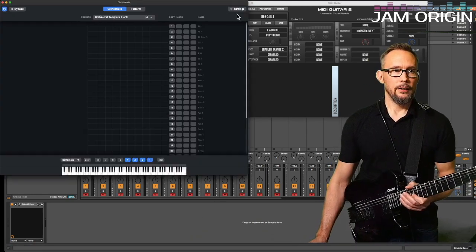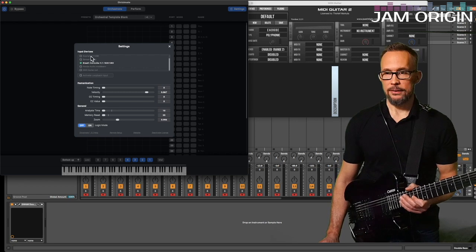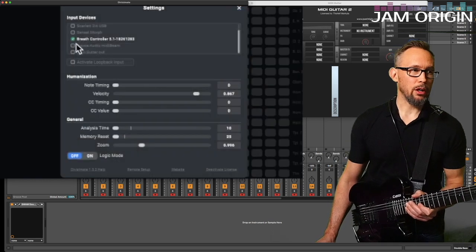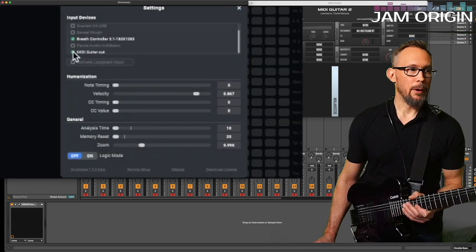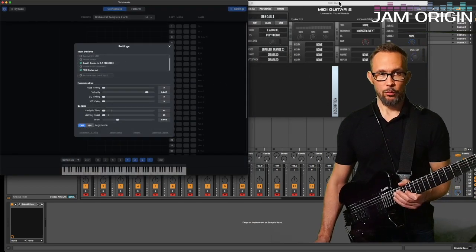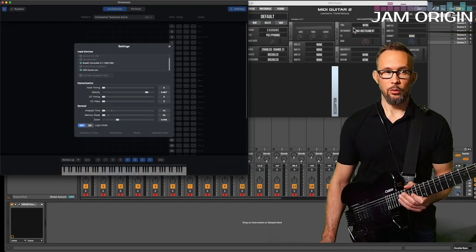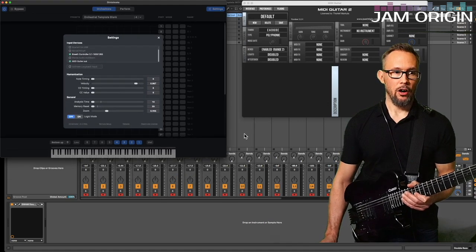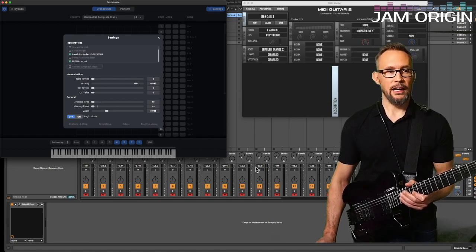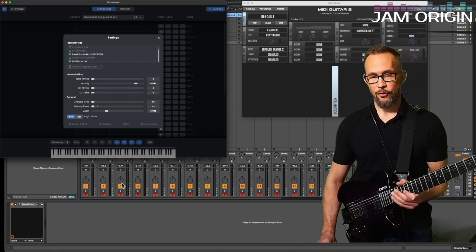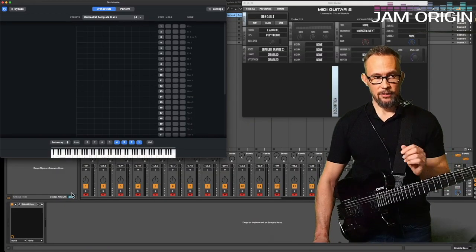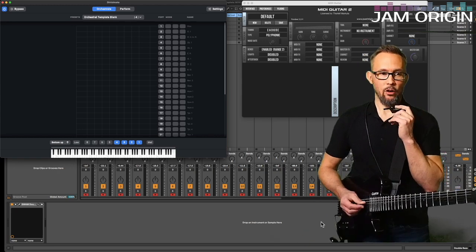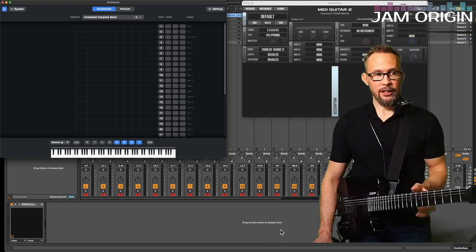It should ask for input devices. But I'm going into settings to input devices, and I'm choosing a breath controller, and I'm choosing my MIDI guitar out. That would be the MIDI guitar out from the standalone version of my MIDI Guitar 2 software here. So both of these are in standalone mode outside of Ableton. Ableton is just a container for the orchestra. I've set all of these instruments to work with my breath controller, so that's why I'm hanging on to this one. Now, you don't have anything in yet,